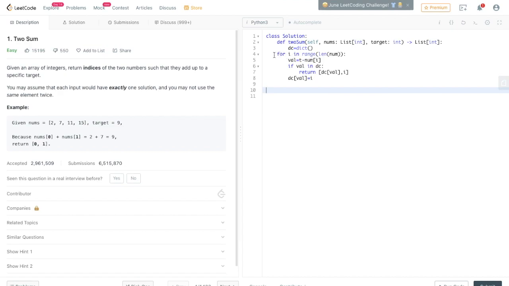So we are getting two values, for I in range of nums, and T is our target. Target equal to nums of I. If val in DC, we will simply return DC of val and I, or else we will simply add DC of val equal to y. Same logic. So let us run this code.